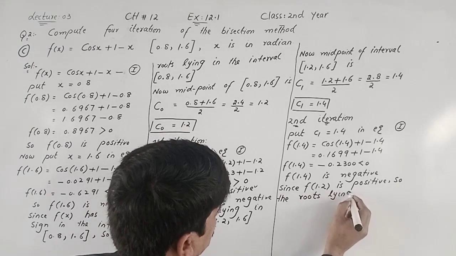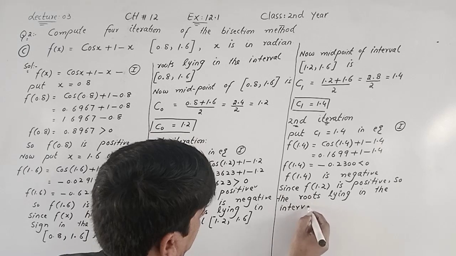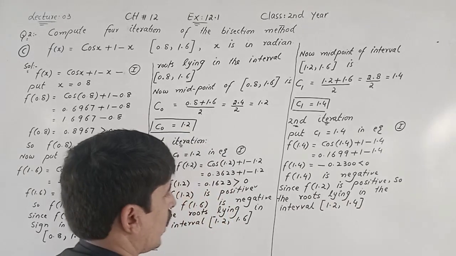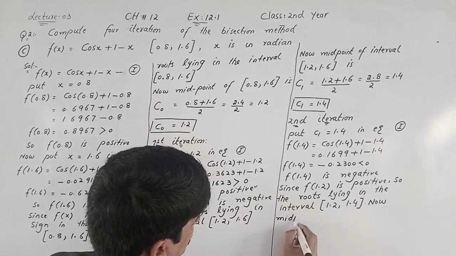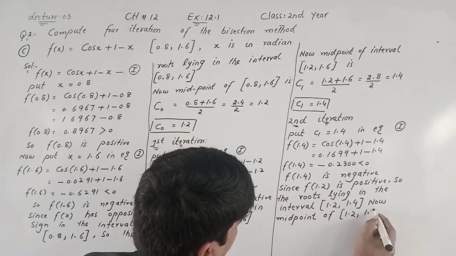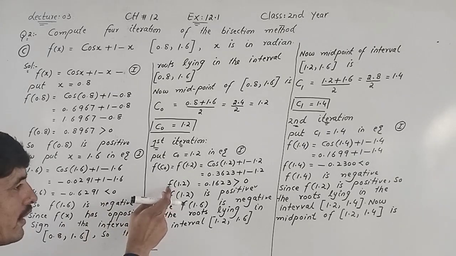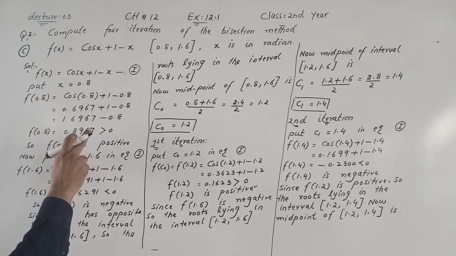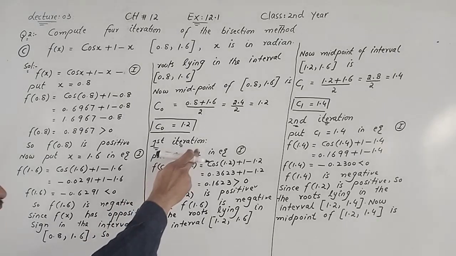lie in the interval 1.2 to 1.4. Now midpoint of the interval 1.2 to 1.4 is C2. अब देखिए यहाँ पे हमने f of 1.2 is positive, अगर आप यहाँ पे देखें तो 0.8 भी हमारे पास पॉजिटिव है, लेकिन हम ये क्लोज वैल्यू लेंगे 1.4 और 1.2 ये बहुत क्लोज है, इसी वजह से हमने ये वैल्यू यहाँ पे लिया है।